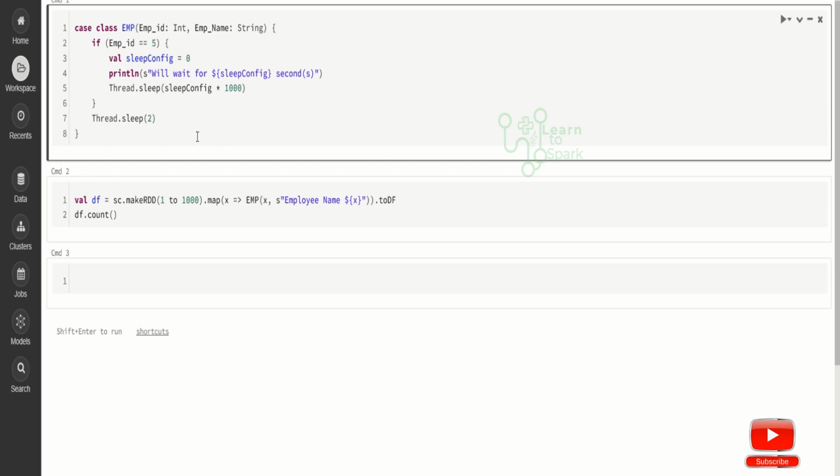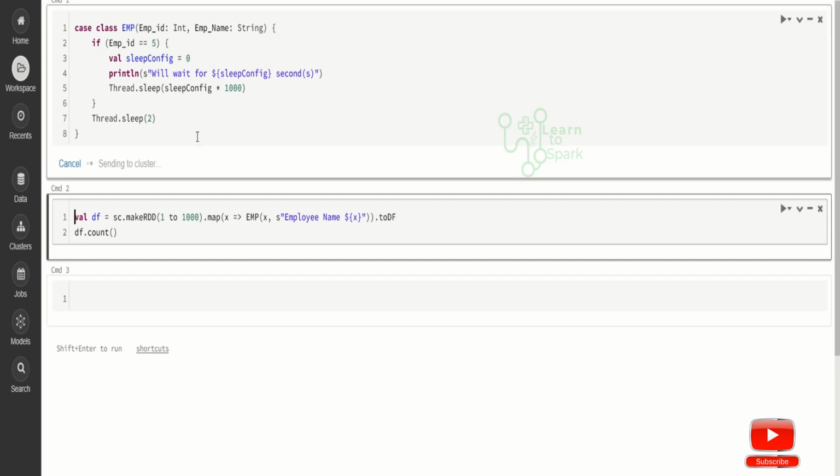Let us run it without any speculative execution mode. This first demo is without any speculative execution. So I am running the class. Since I initiated the cluster just now, it is taking some time.